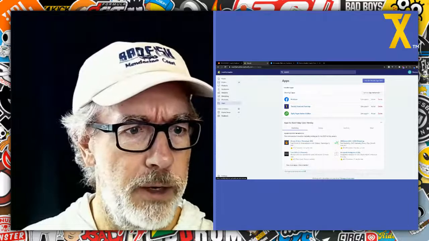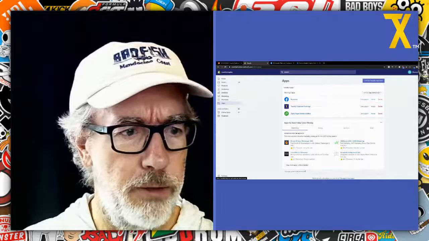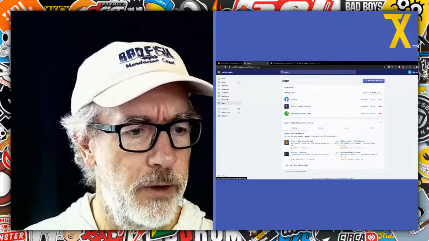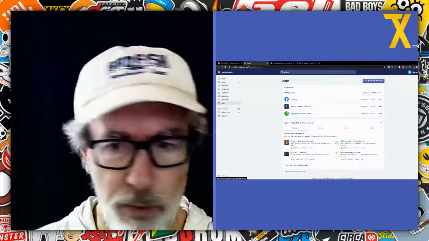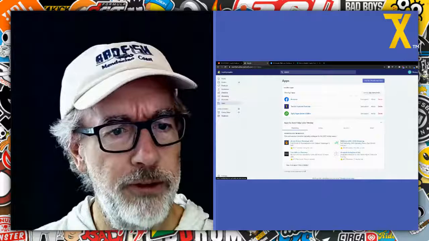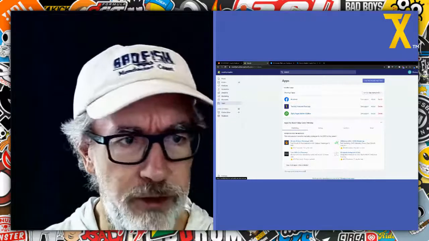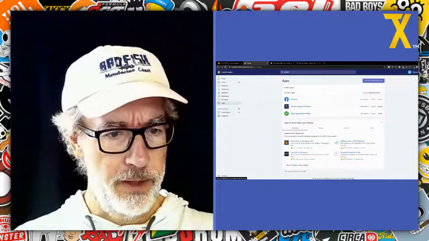I have to paste it here. So it looks like it's not going to work for the screen share. The whole screen is full of sensitive information. So basically I would just need to blur out everything. That kind of sucks.